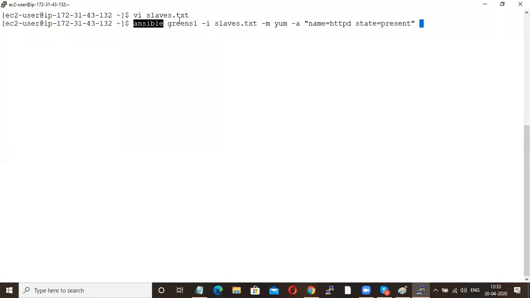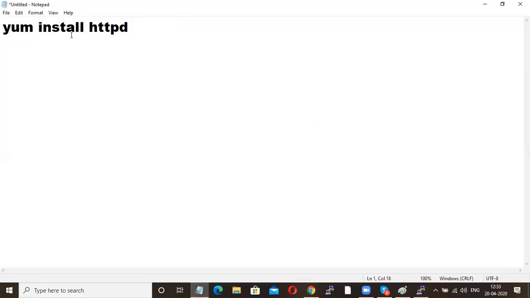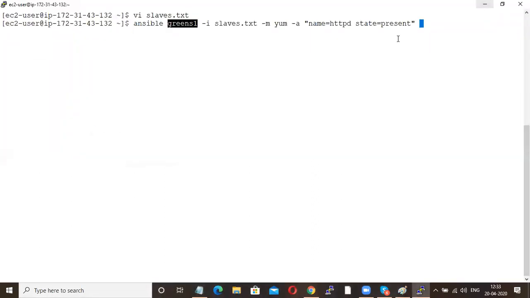ansible is the Ansible command. greens1 is the particular tag I'm using. -i is your inventory file, slaves.txt. -m is module; I'm using the yum module, which is an Ansible module. -a is argument: name=httpd, the Apache package name, and state=present.